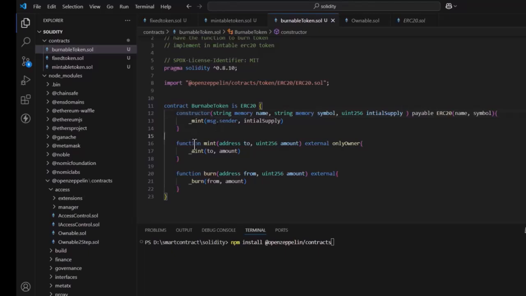After that, we also implement this mint function. This mint function is to mint new tokens when we need to mint. So this increases the total supply. The total supply becomes this initial supply plus this minting amount. So when we need to mint new tokens, only the owner can mint these tokens, and also we implement